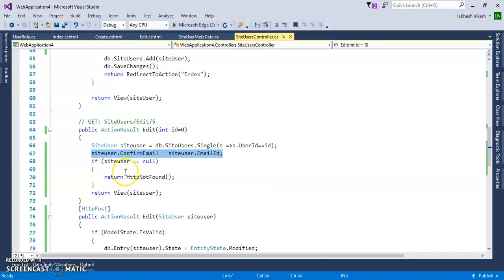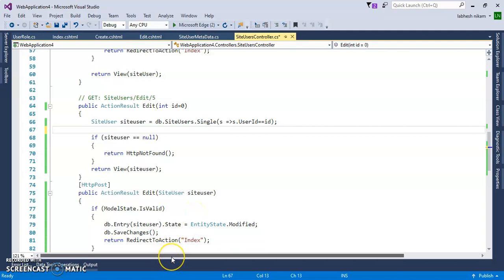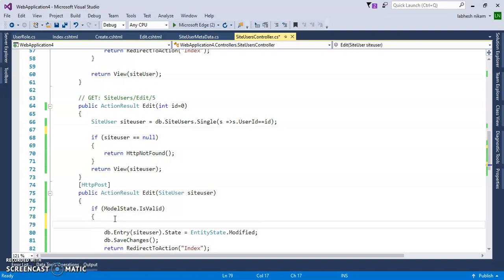Let's stop the debugging, cut it from here, and add it in the edit post function. So site user dot confirm email equals site user dot email ID in the post method. Let's run it.